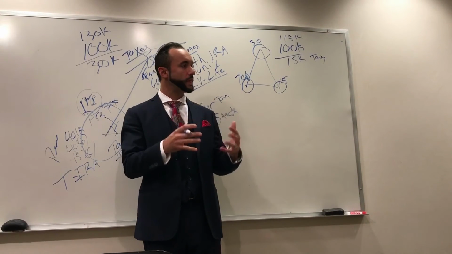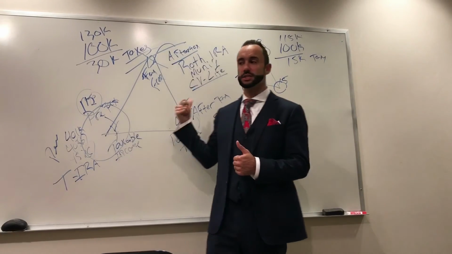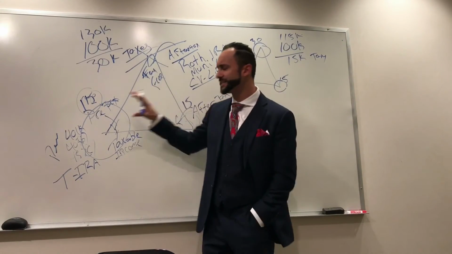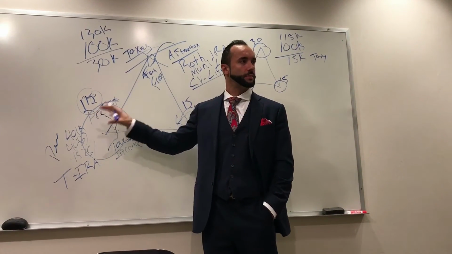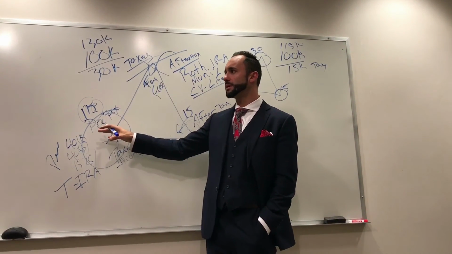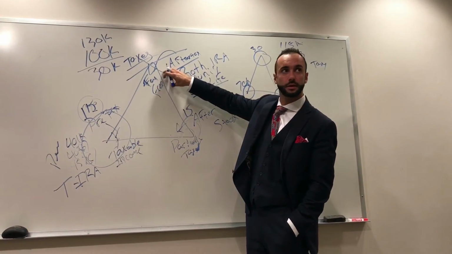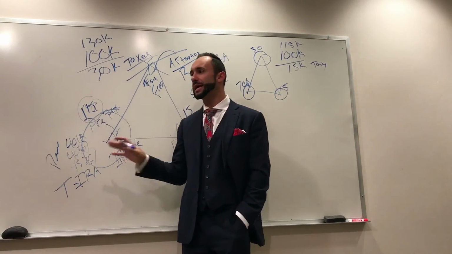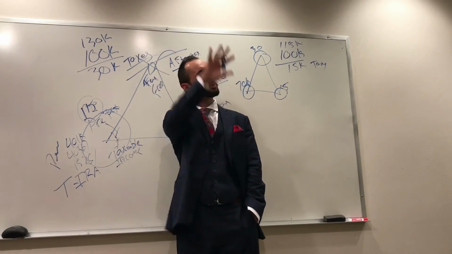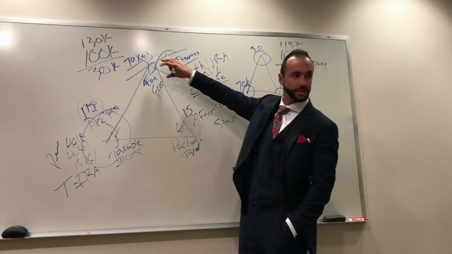So the people that are educated, and some of the smarter people that I meet with, take advantage of this, and they try their best to make sure that they're not putting all their eggs in one basket. Somebody I met with before asked me, how come I don't put another $200 a month into my 403B? I said, because that's just going to keep loading up the area that you're already loaded up in, and we're still going to have nothing in the end here. So I'm not asking anybody to invest more money necessarily. We just want to be a little bit smarter with how we're breaking that up, right? The big concern is that most people have nothing set aside for this.